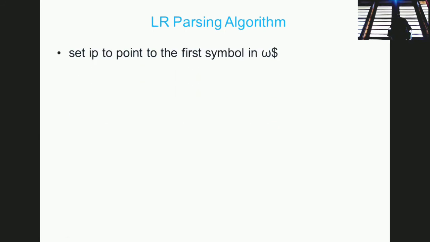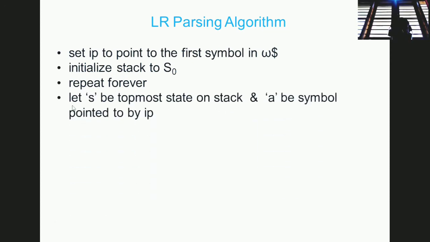So this algorithm works like this. Initially set the input pointer IP to point to the first symbol of w, and the stack will initially have S0. Then repeat forever: let S be the topmost state on the stack and A be the symbol pointed to by the input pointer. Now you have S on the top of the stack, that is the state, and A is the input symbol. Then if action of S, comma A, is shift,